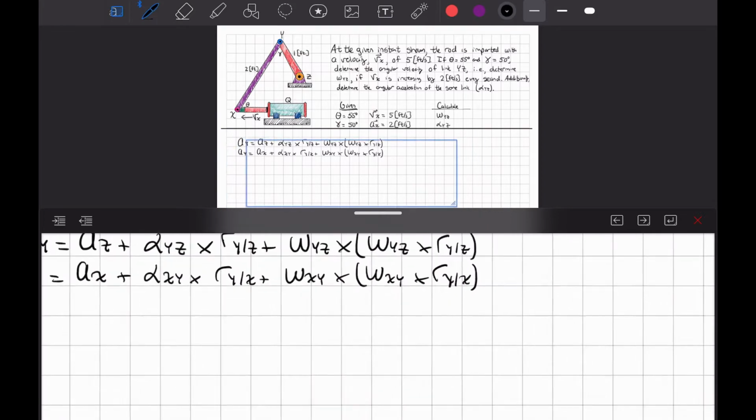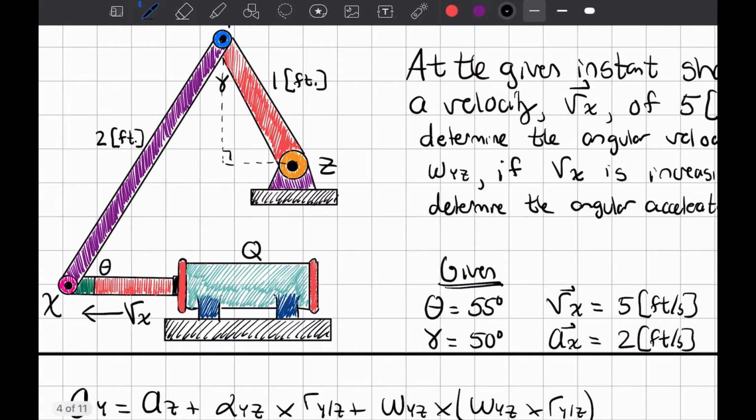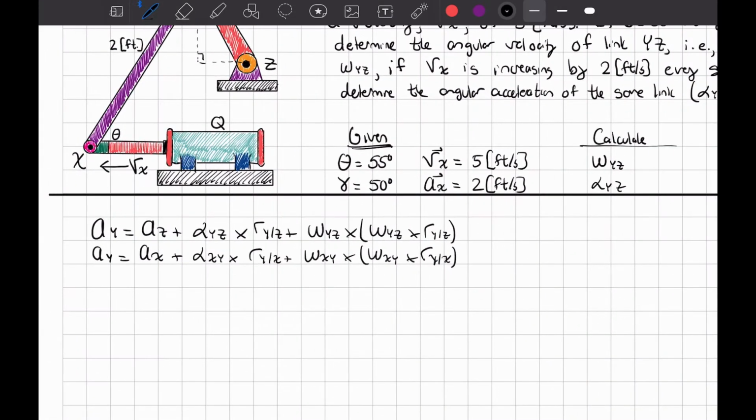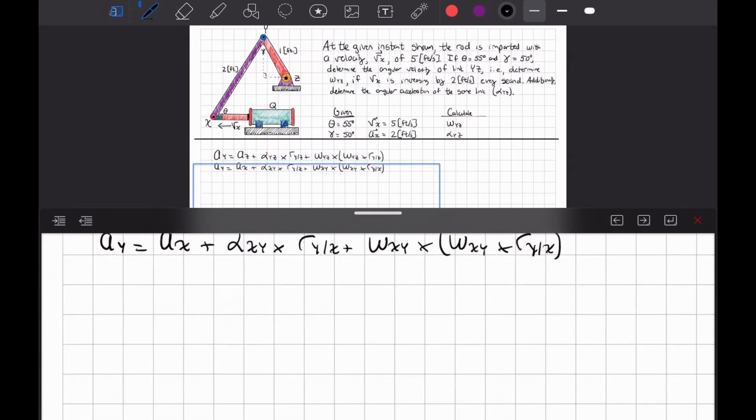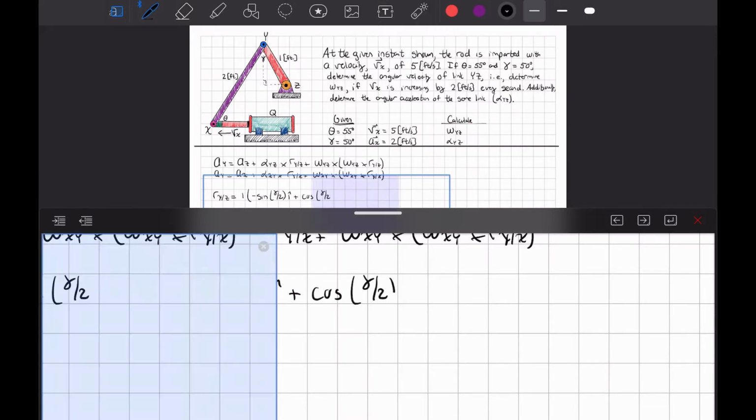So we have our relative acceleration equations, which you can see I just wrote there. One of the first parameters we're going to have to calculate is the position vector of y with respect to z, as well as the position vector of y with respect to x, as you can see in that equation there. I drew our triangle from our picture,